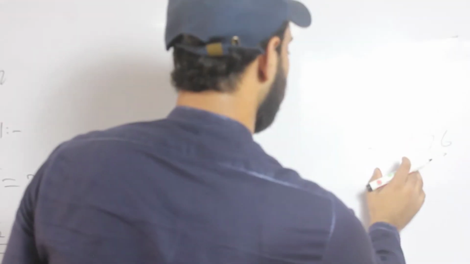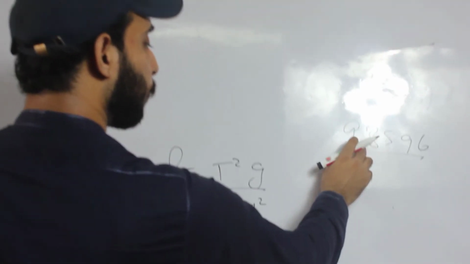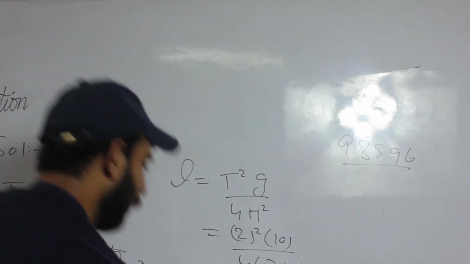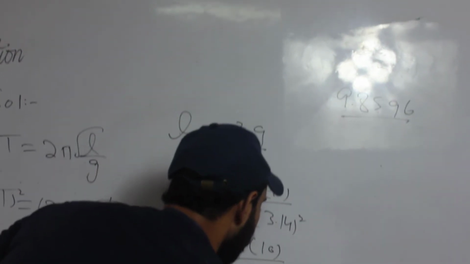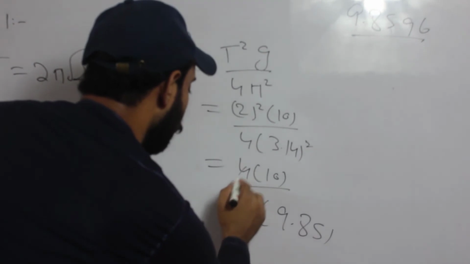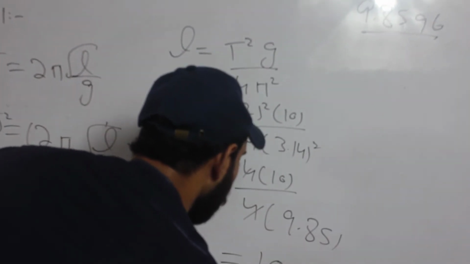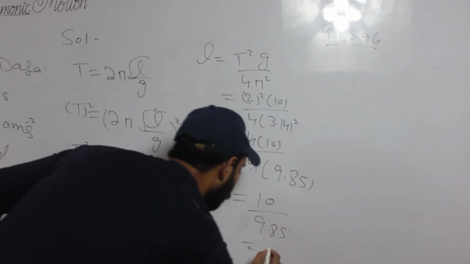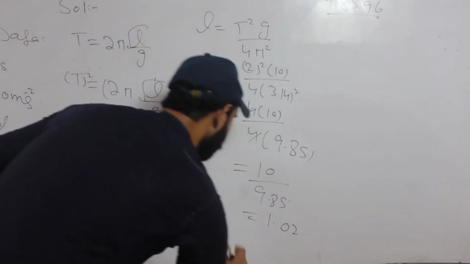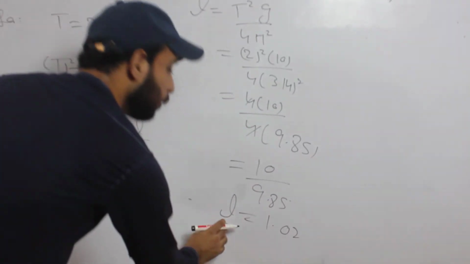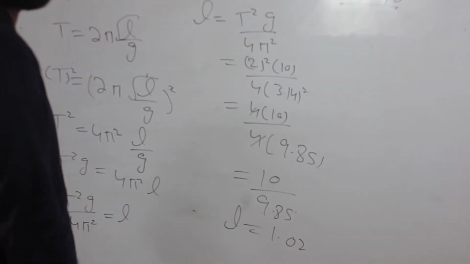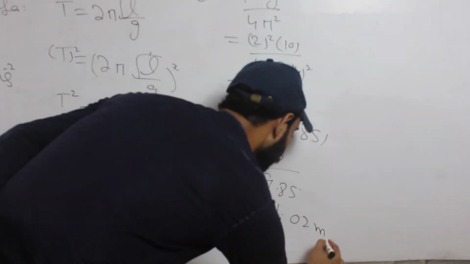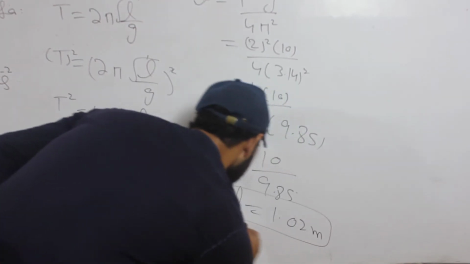9.8596, but here we have put only 9.85 instead of the whole value. So we will get 9.85. 4 cancels, here remains 10 over 9.85. Dividing both of these, we will get 1.02. We have to find here length, so as you know, the SI unit of length is the meter. So this was our numerical number